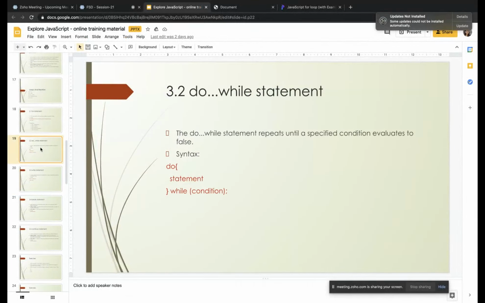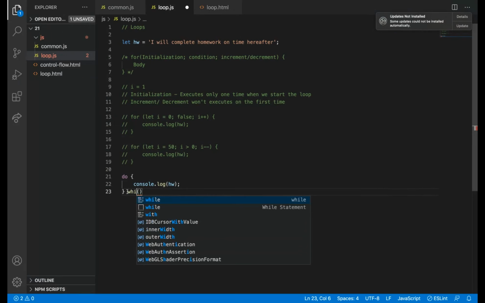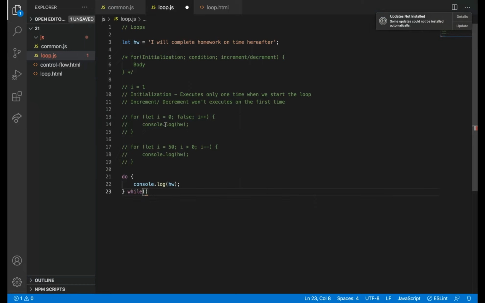So while, I think, while condition. What is the condition? i should be less than or equal to 50, i plus plus, let i equal to 1.